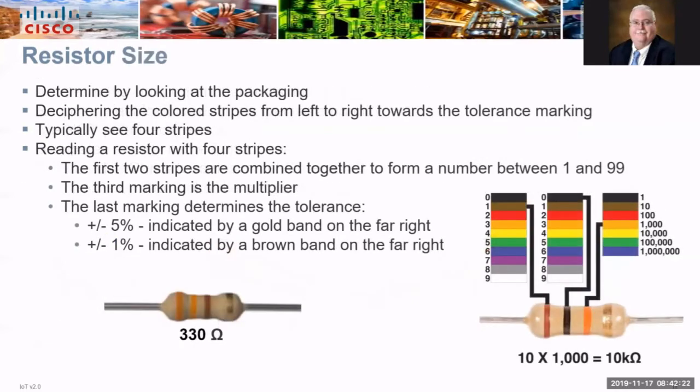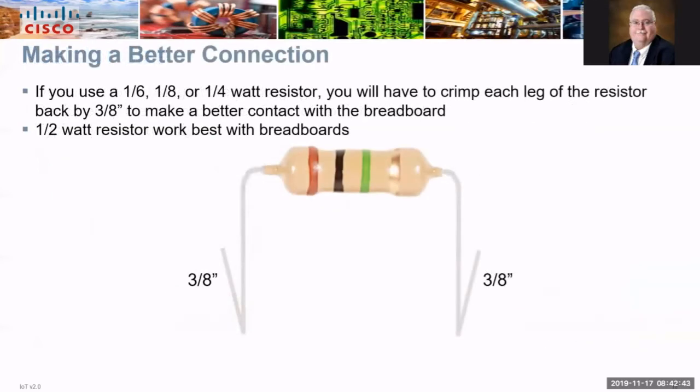A fixed resistor has several markings to determine the size and tolerance of a resistor. They also come as different wattages. You can identify each resistor by its barbell shape and four colored stripes. Kits will include several 330 ohm and 10k ohm resistors. 1/2 watt resistors work best with breadboards. Some kits come with small wattages and may have to be doubled to make a good connection on the breadboard.